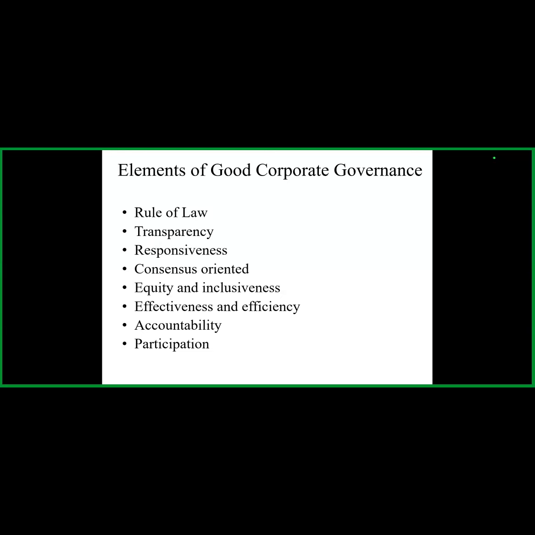Say 3 employees have exceeded the target, or 3 managers have achieved or exceeded their target. Out of the 3, the best performer is Mr. A, second best is Mr. C, and the third best performer is Mr. B. But Mr. B is associated with the CEO of the organization. He is closely related to the CEO of the organization. Now, as he is closely related to the CEO, the HR department decides to promote him ahead of Mr. A and Mr. C,